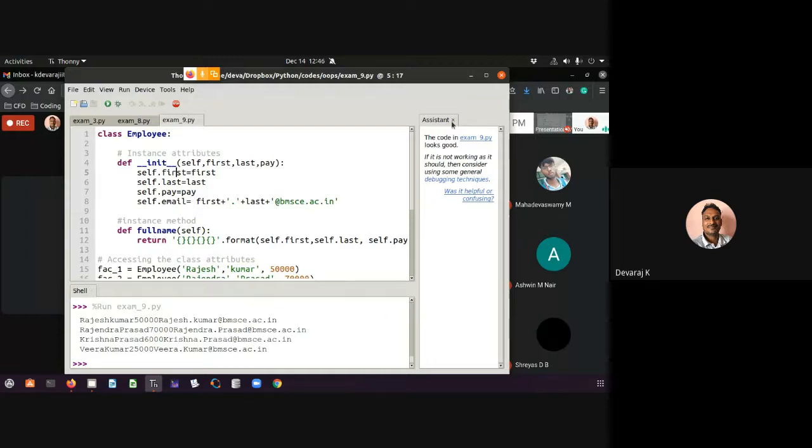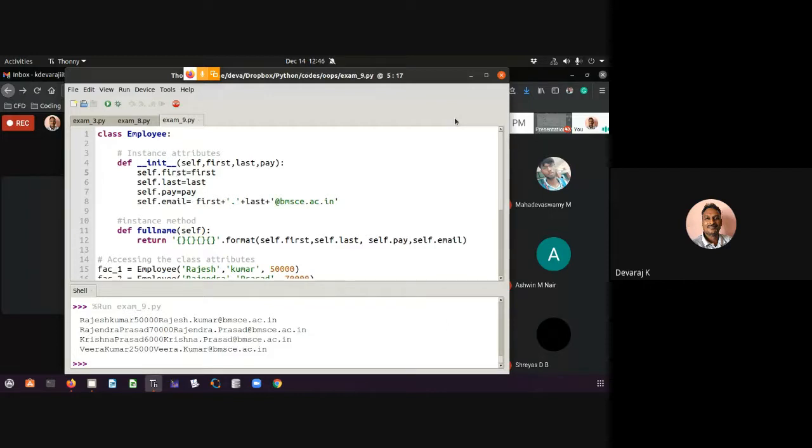This is one simple example I have. You can have some more examples. What I will try to do is put a few more codes based on some examples for your inheritance, all those things. You can just run those codes and check it. Fine. If there are any clarification doubts, we can discuss.